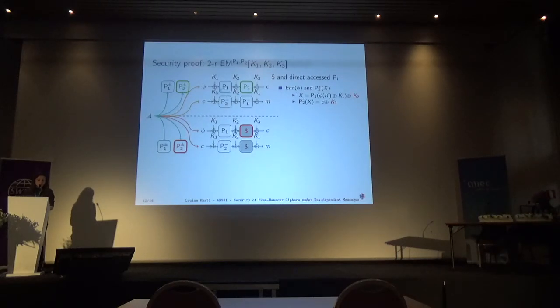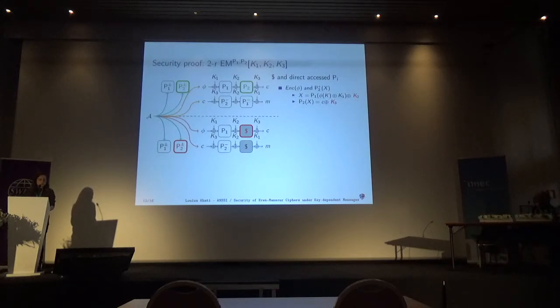So the input here is phi1 of phi of k XOR k1 XOR k2. And we will have this equation, and the probability to trigger this collision is really small, because even if the adversary knows Q1, or if he succeeds to guess Q1, it is reduced to an adversary that will guess P2.